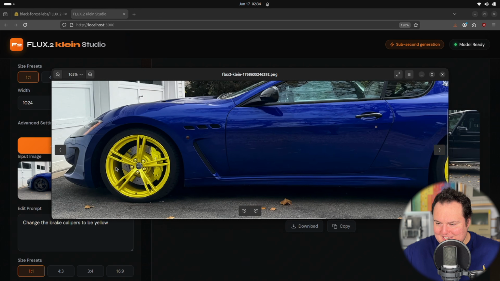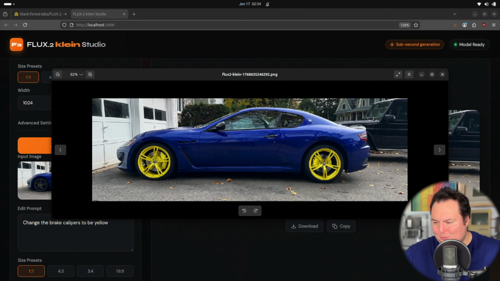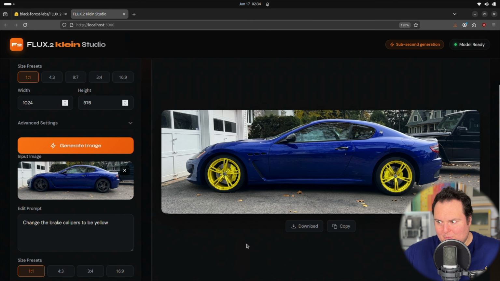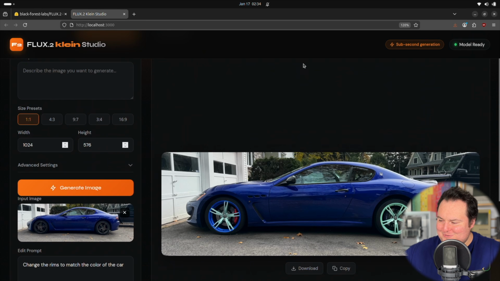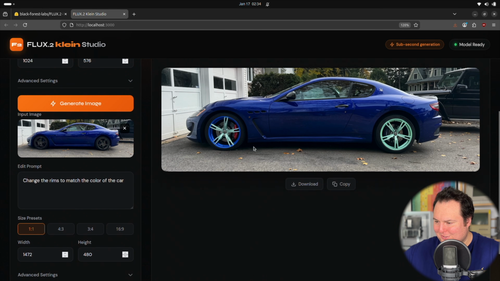However, I find it interesting that it changed the color of the wheels as well, even though I did not at all want it to do that. Okay, actually, let's do change the rims to match the color of the car. Okay, not quite, but it got the blue hue and it did an acceptable job. No, not really, but